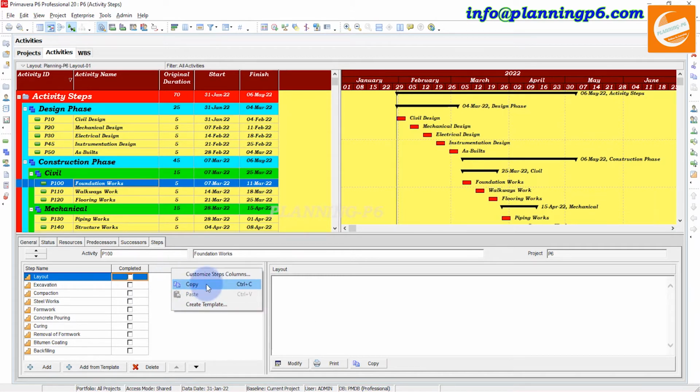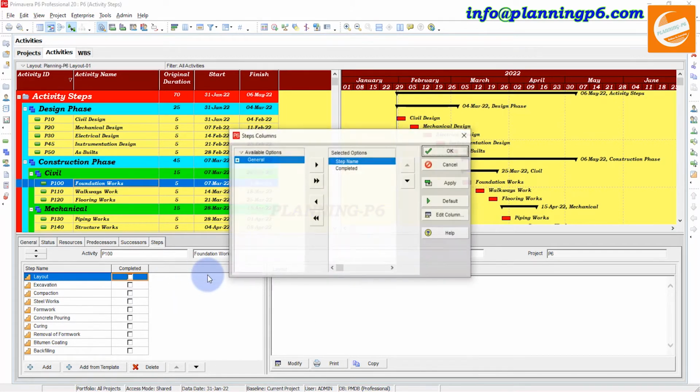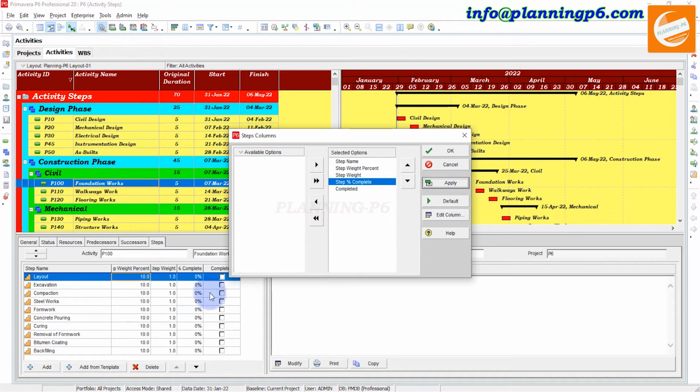Customize this one, then customize column steps, go to the weight and weight percent, okay, apply. This will come here, weight percent and step percent complete. How much will it be cumulatively? 100%. With 1 2 3 4 5 6 7 8 9 10 activities, 10 multiplied by 10 is 100.